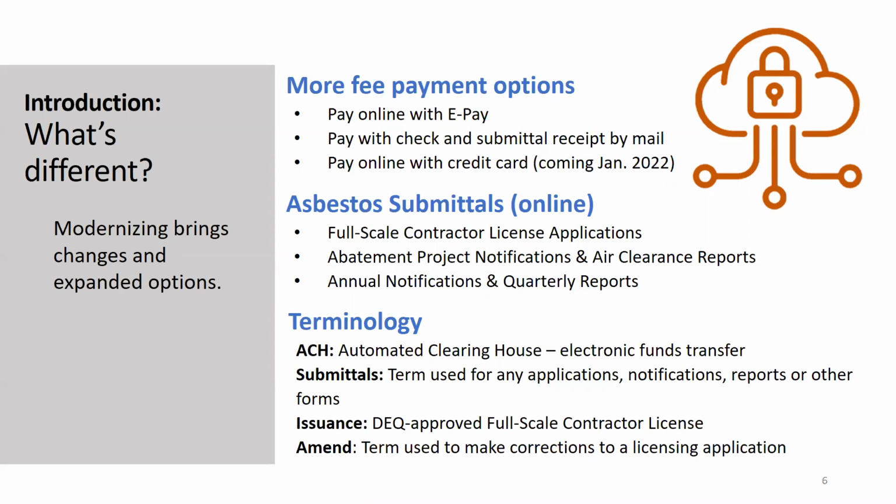And then also terminology. When you see in the system certain terms, we've gone through the work of coming up with common terms that we can all agree on so that we have this one central system that has consistent language. Part of the build of the system is this acronym called ACH. What automated clearinghouse means is simply electronic funds transfer. It's basically entering your routing number, entering your bank account number, and routing a payment. So ACH stands for that payment, that e-check or electronic payment.